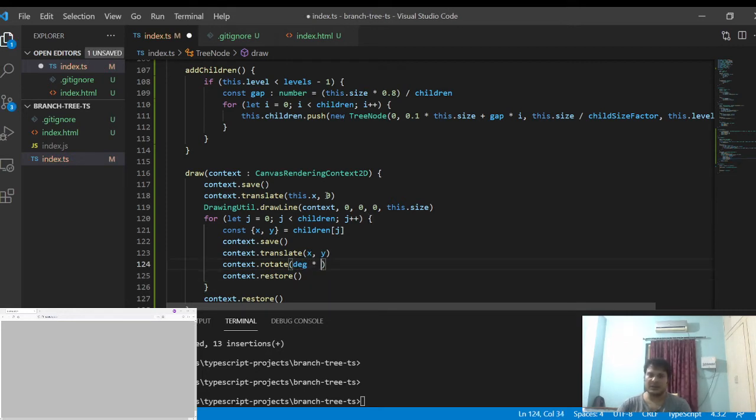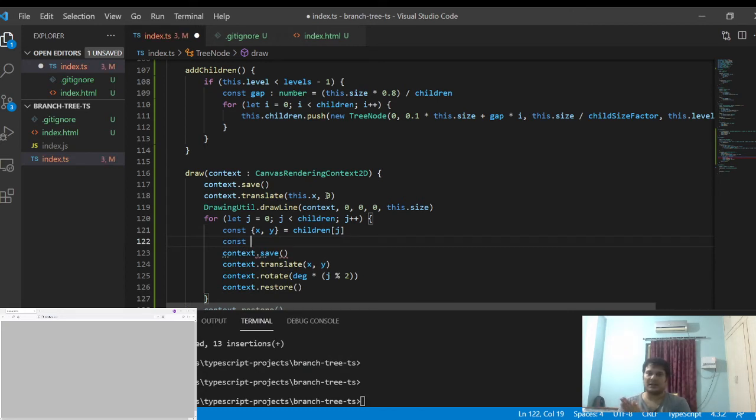So this also we can do in a better way with modulo 2. What I'm going to do is every alternate part will have a rotation of 90 degrees, and then minus 90. So at even places I want 90 degrees, and at odd places I want minus 90.